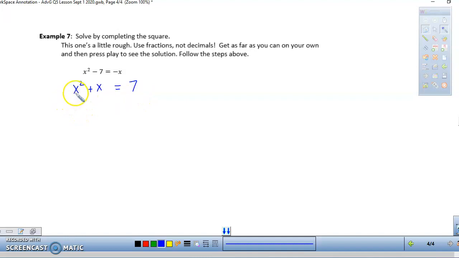So here we are going to add, remember from our steps, you need to add b over 2 squared to both sides. So in this case, the b is a 1. So we are going to add 1 over 2 squared